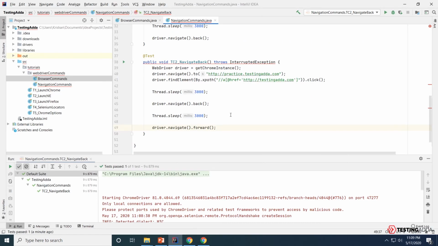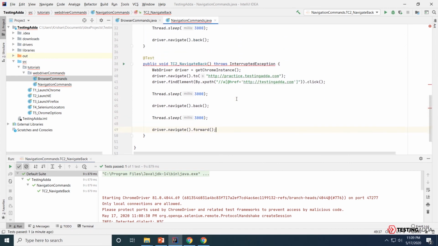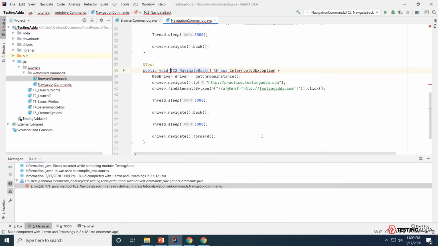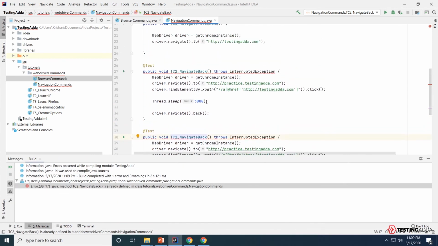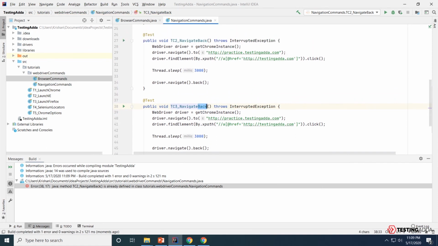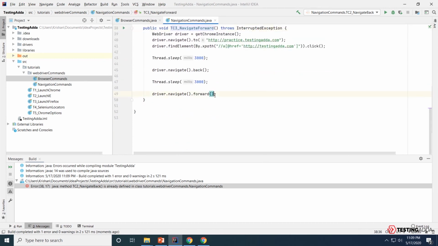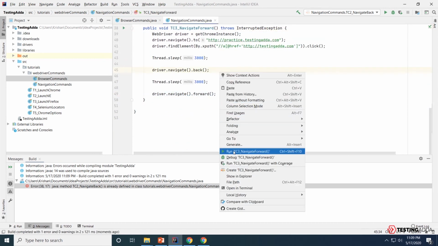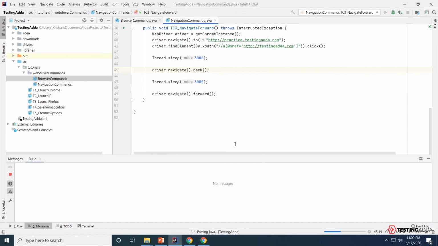So we'll see what Selenium does for this. Let's try executing this method again using right click and run. I didn't change the name of the method, so I'll name it navigate tc3 navigate forward, because we are looking into the forward command. Let's execute this method and see the behavior.